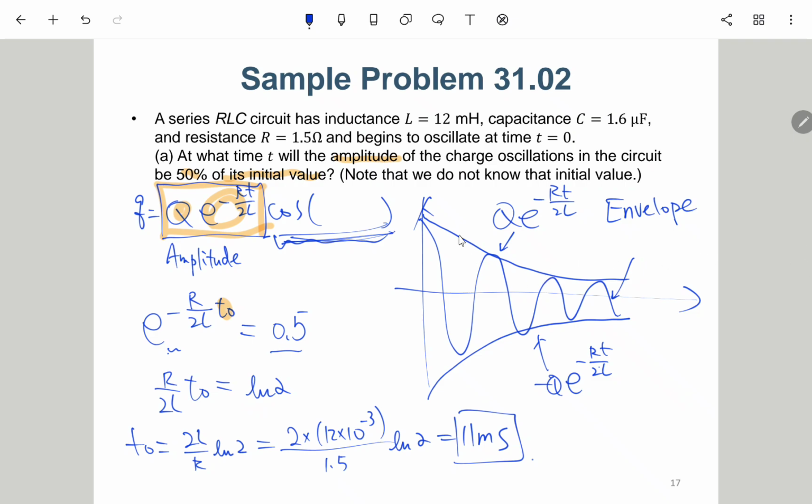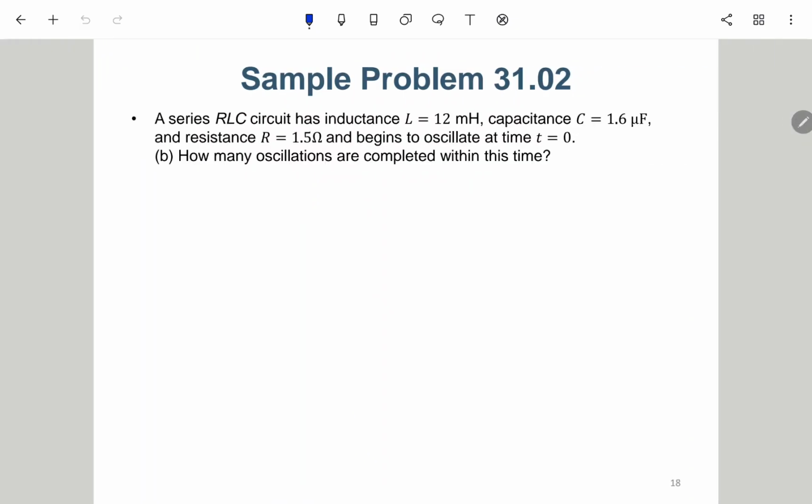Envelope 就是它的振幅会用这两条线去夹住它，那它在中间去震荡，我们会叫那两个叫做 envelope。那实际的震荡是中间这个像cosine的东西，但是它的振幅被这个 exponential 衰减了，所以它会越震越小。因为它的能量被那个 R 一直消耗，所以它的振幅会越来越小。Okay, and then for the question B, how many oscillations are completed